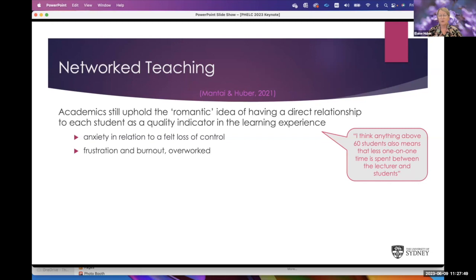We did talk to them about the question of how big is big, and what do you mean by big? We talked to teachers about this, and the number that came out was around about 50, and you might care to share in the chat perhaps what your large class looked like. I had mentioned before around 400 students in a cohort. Typically at the University of Sydney Business School, we have cohorts of between 1,000 and 2,000 students in a class.